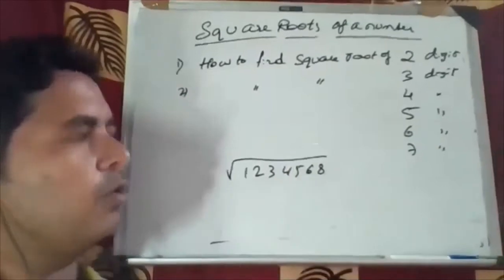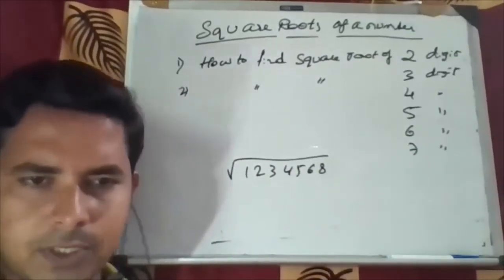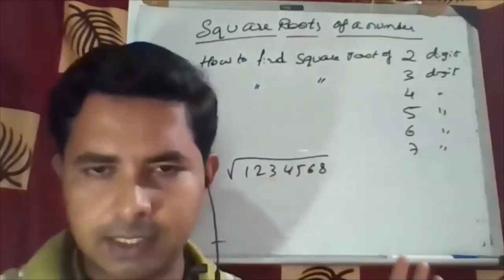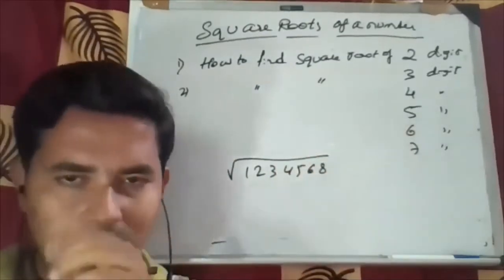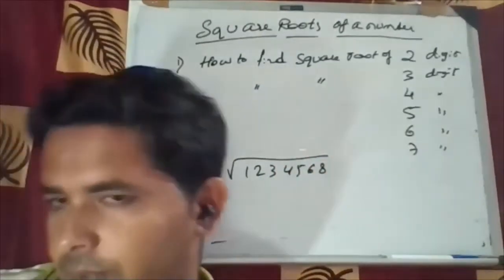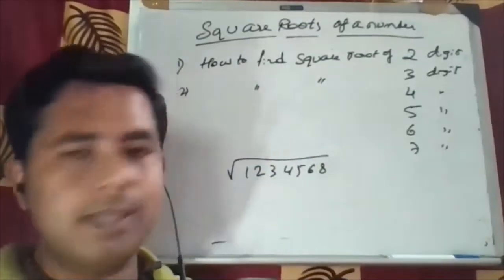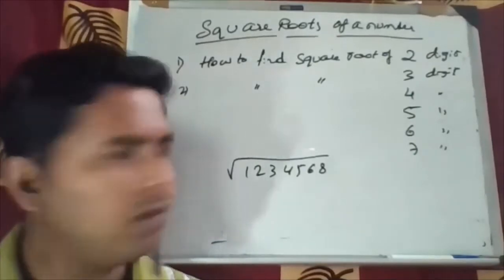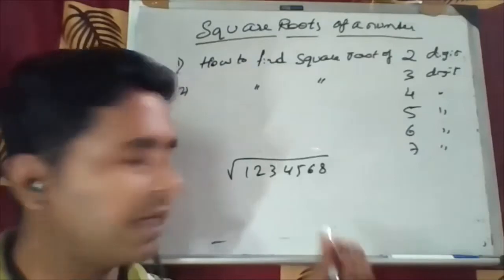Then you have to find a square root of this value. Here, as per the question papers I have seen, they ask a maximum of a 7 digit number, square root of a 7 digit number. Beyond that they have not asked. Don't worry about that. They have not asked the square of an 8 digit number so far. I think they have asked in the CAT and MBA entrance, not for this normal state board competition or a GATE exam.